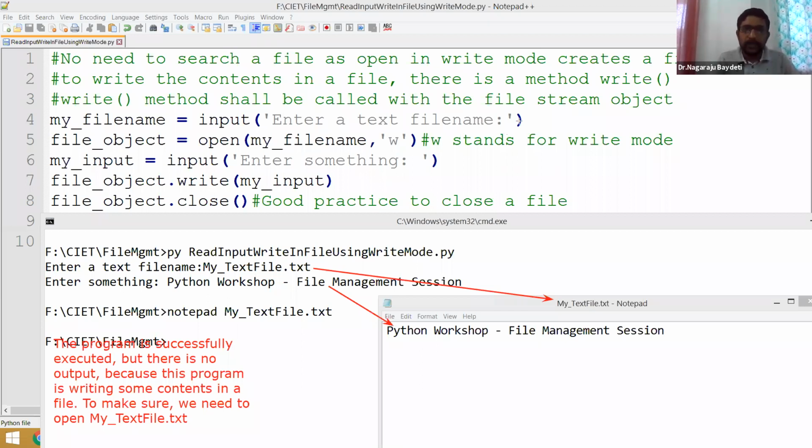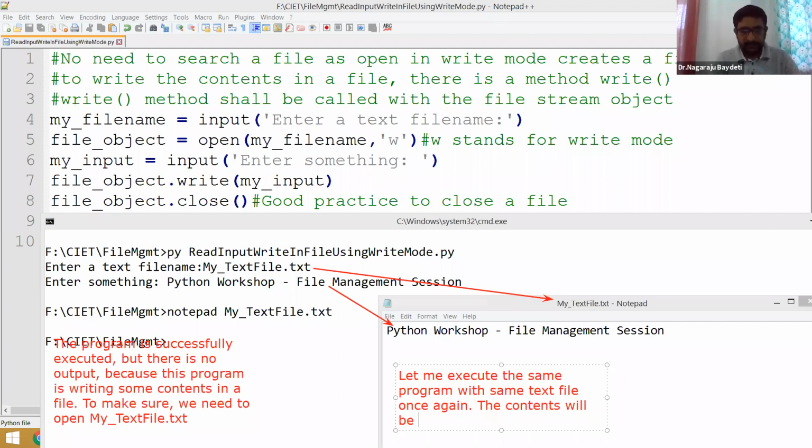Okay. Now, let me execute the same program one more time with the same file. The contents will be erased and new contents will be written.